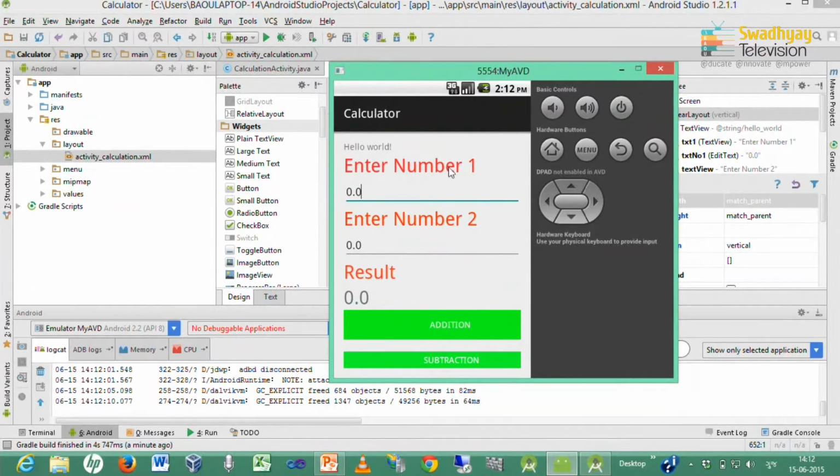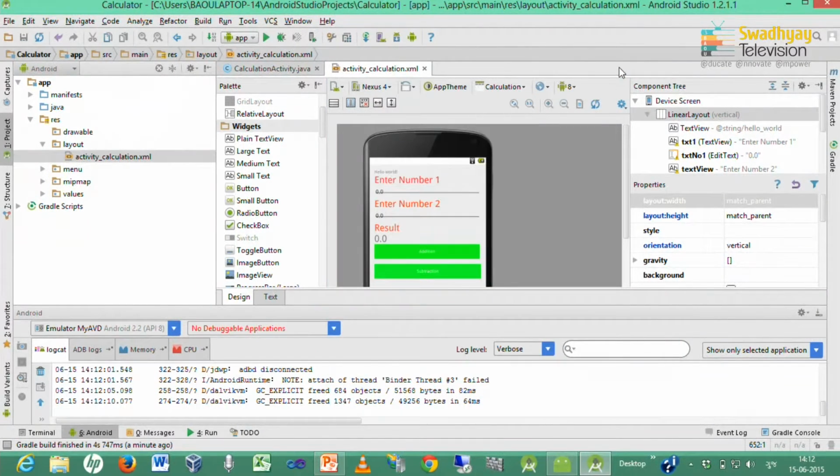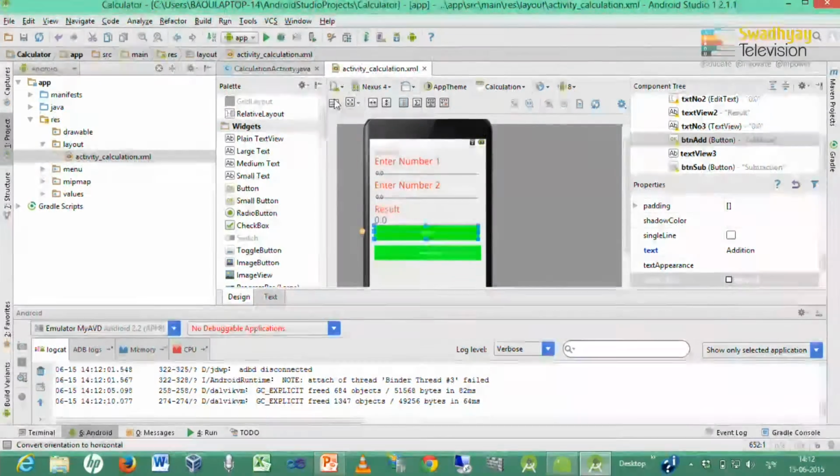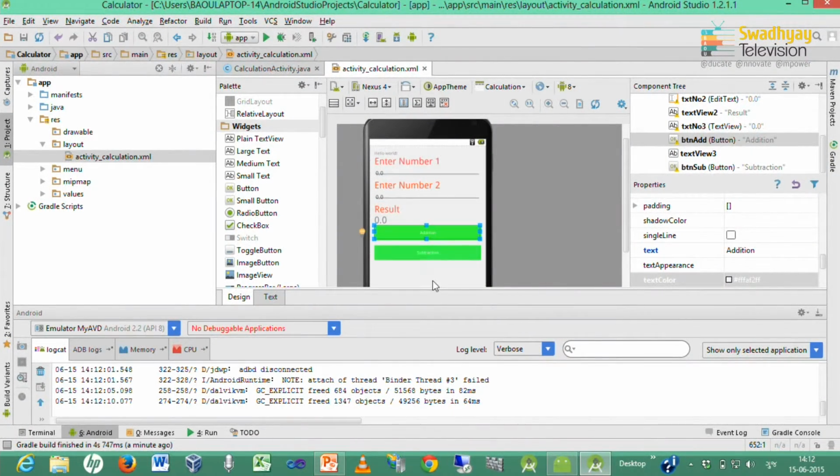This is the enter number 1, which is in red, a text view. Enter number 2 is also a text view, result is also a text view, last is also a text view, and these are two buttons that we can click to generate values for these. So, now next we write code for our emulator.